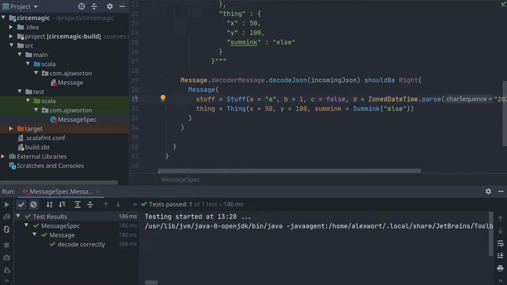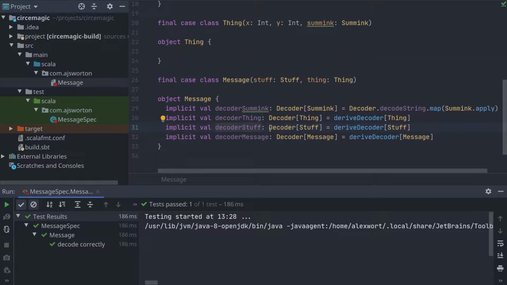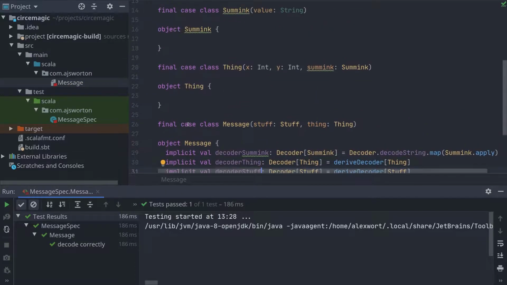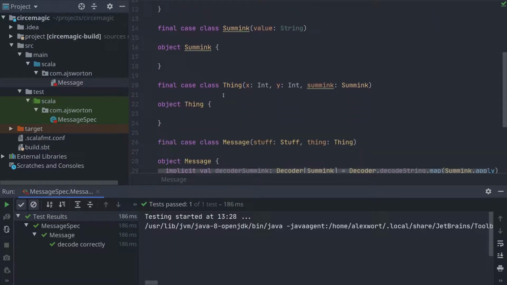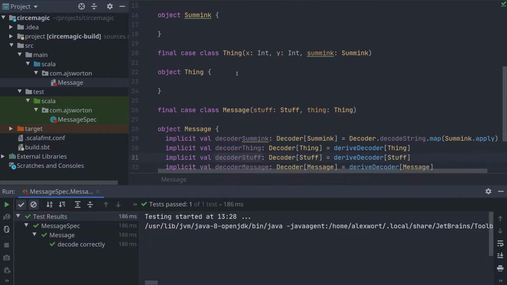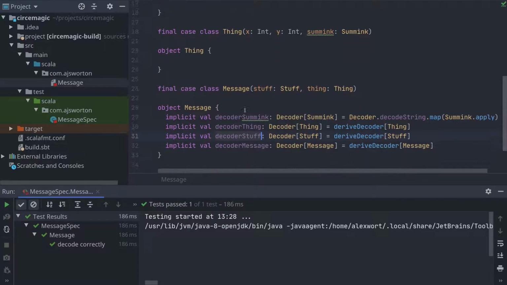The problem comes if we were to go back and we didn't want to create the JSON of the message, but we wanted to create the message of, say, thing. Well, thing now doesn't have scope to what it needs. It's never going to look in the message companion object because it's not related to this or in the tree that flows down from this. So you're going to run into problems with decoding. So you're better off